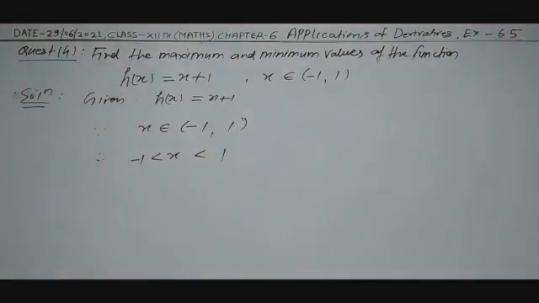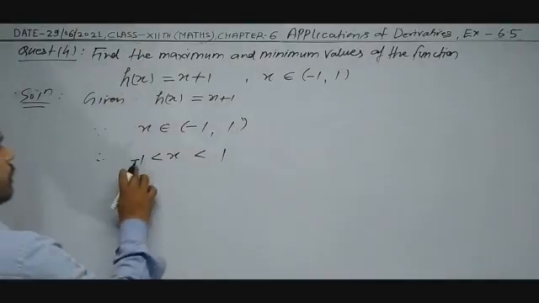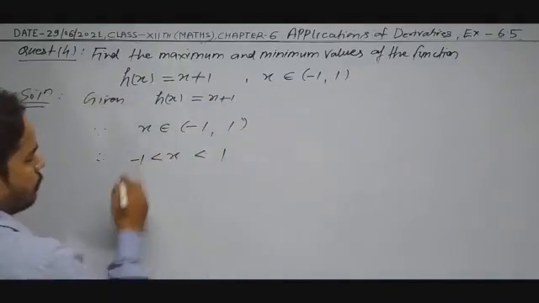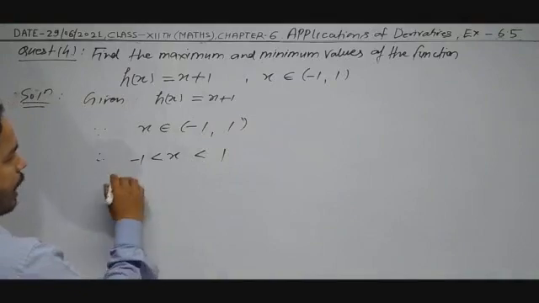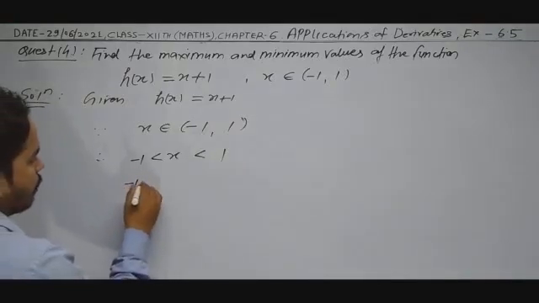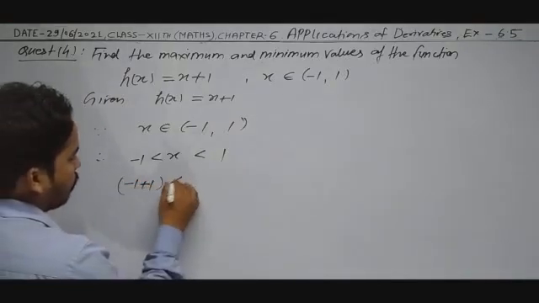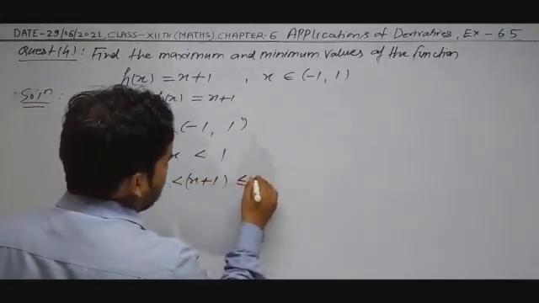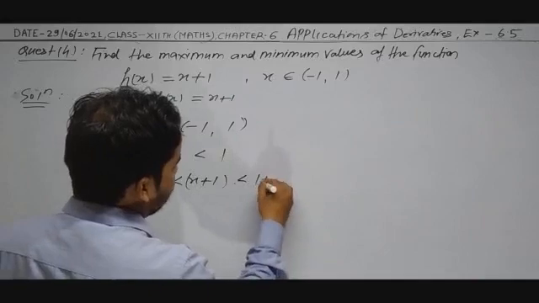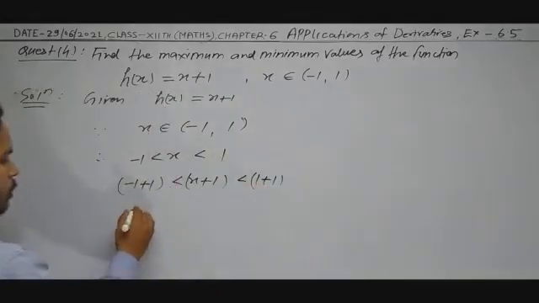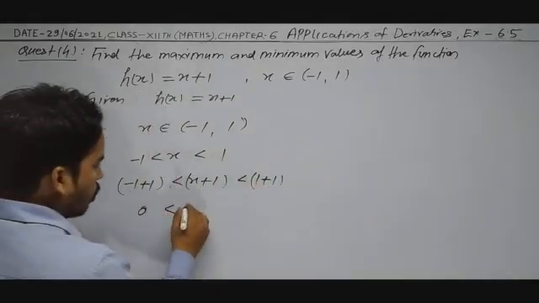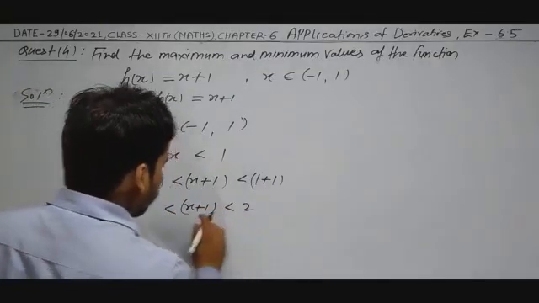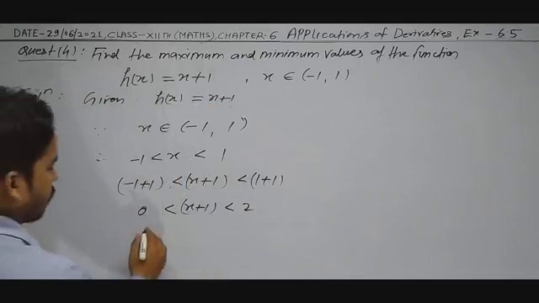So now this expression x we have to convert to x + 1. So add 1 in this inequality. Minus 1 plus 1 is less than x + 1, which is less than 1 plus 1. So this result becomes 0 is less than x + 1 is less than 2,